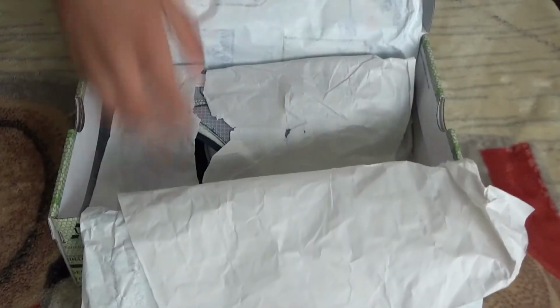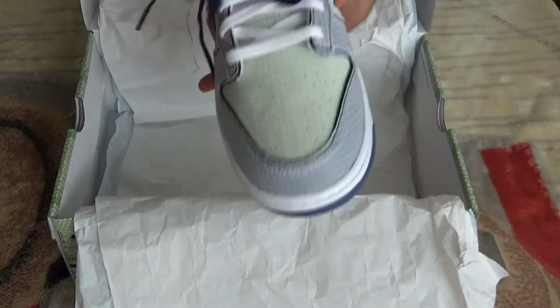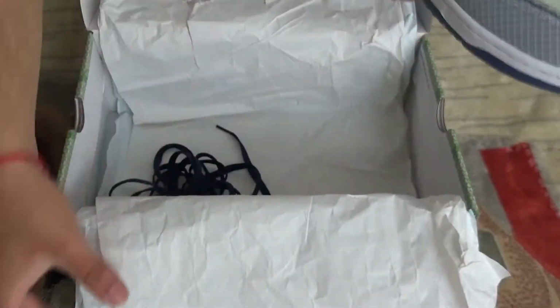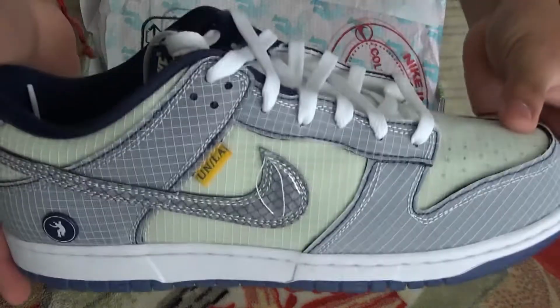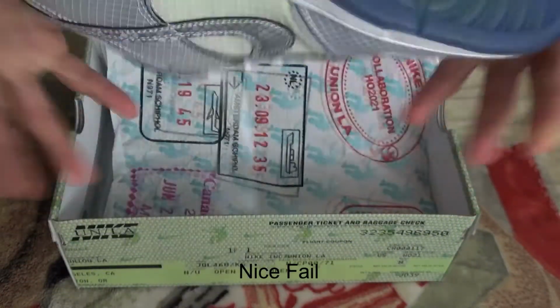And then on the second shoe, with a pair of navy laces, just so that you can see how it looks. I would prefer the white ones or navy ones, depending on what I'm intending. But yeah, I mean, not much to say here, just that they're a fire pair, and if you need one,